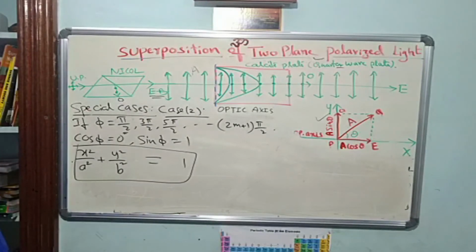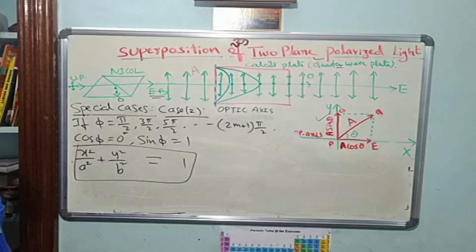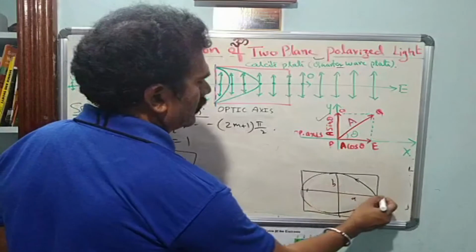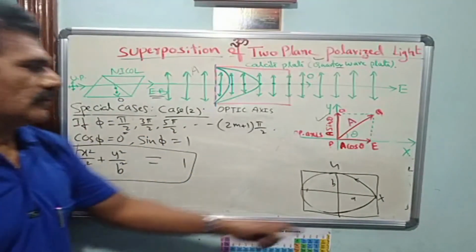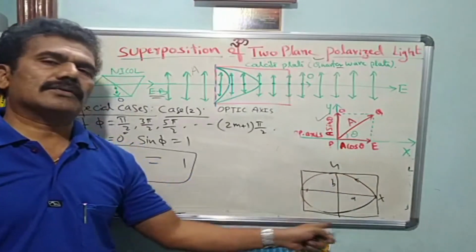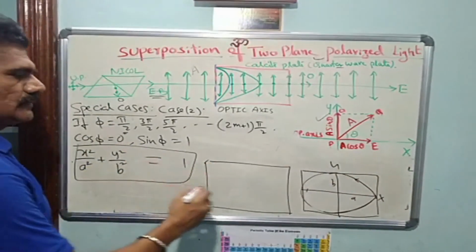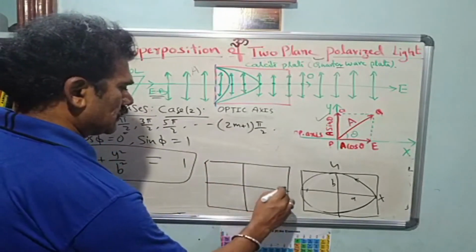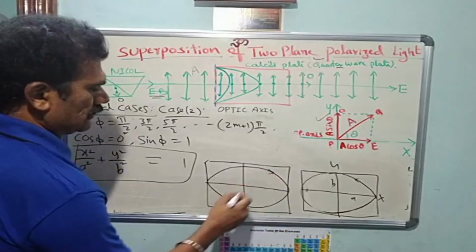So this is again a standard equation for an ellipse, correct? The emergent wave from the quarter wave plate must be an ellipse. So the vectors are again a and b along the x and y axes. It forms an ellipse like this. The tip of the vector is rotating in the anti-clockwise direction as per this equation. Again we have two types here, I will tell you. The ellipse may be rotating in the clockwise direction also, like this.